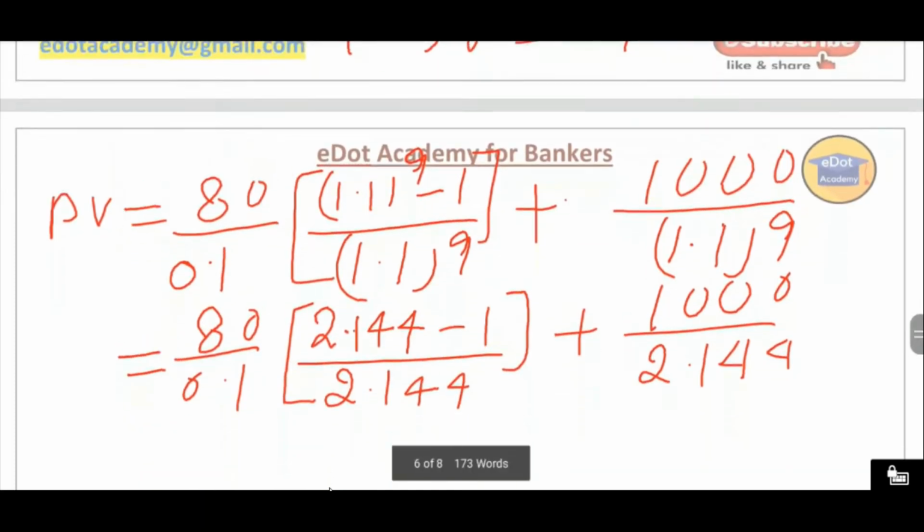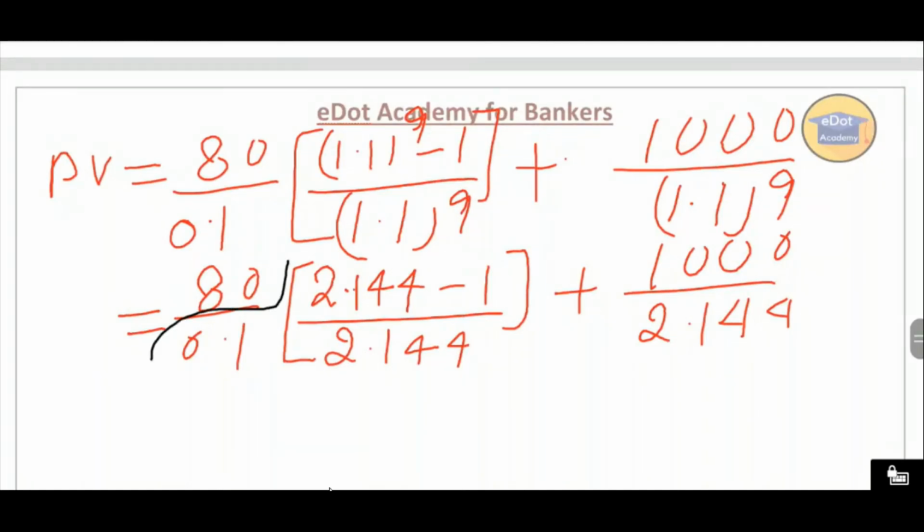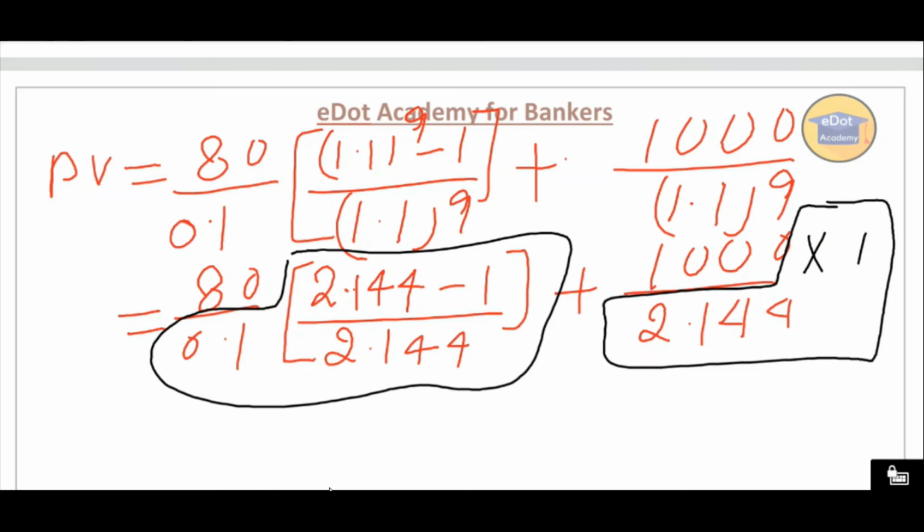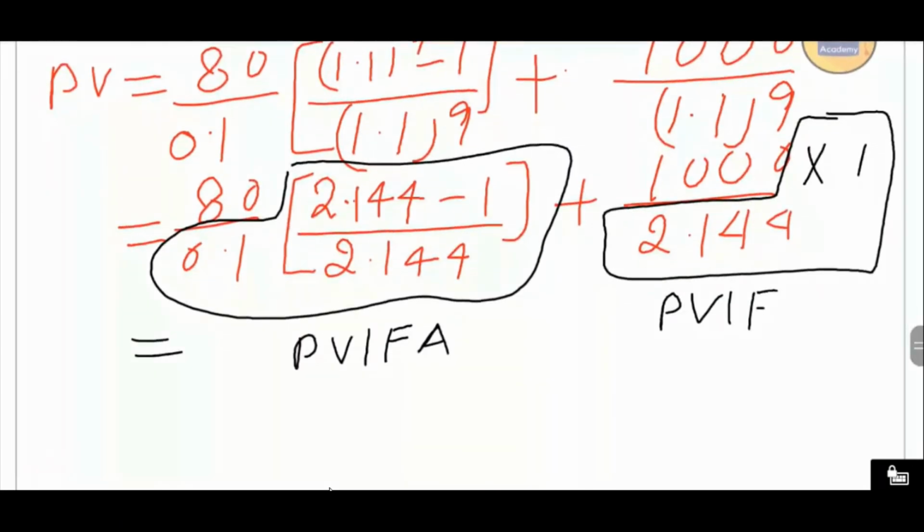This entire value, I'll just show you. You subtract 1, divide by 0.1, then divide by this, and you calculate this value also. Then 1 divided by this. So you will get the present value index factor of annuity for 10%, because you have taken 10%. I'll write it directly because we already used this; I'm just trying to correlate so that you don't get confused.